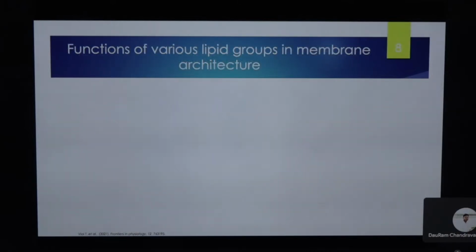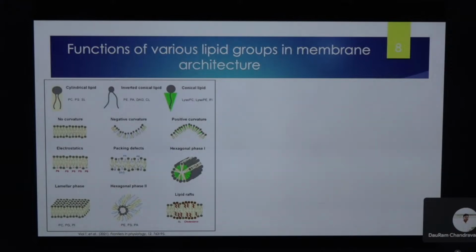But what happens again with flavivirus infection is there's a lot of reconstruction. And so we can see here that these different lipids have different properties, allowing them to function differently within the membranes. So we have our phosphatidylcholines, for example, shown here. I'm actually going to change my pointer. Phosphatidylcholine can't actually give any curvature to the membranes. These make really nice flat lamellar phase membranes, while the inverted conical lipids, such as phosphatidylethanolamine, can actually induce